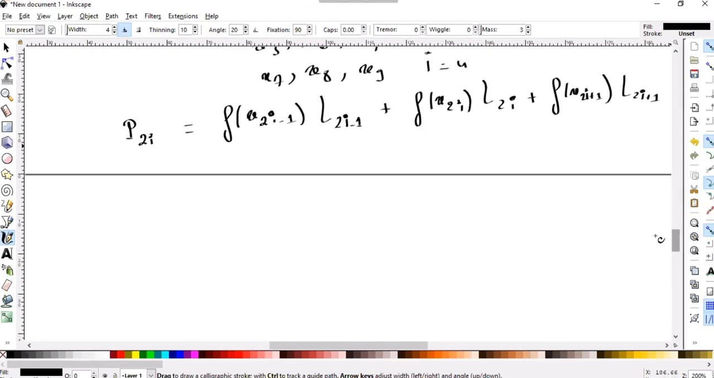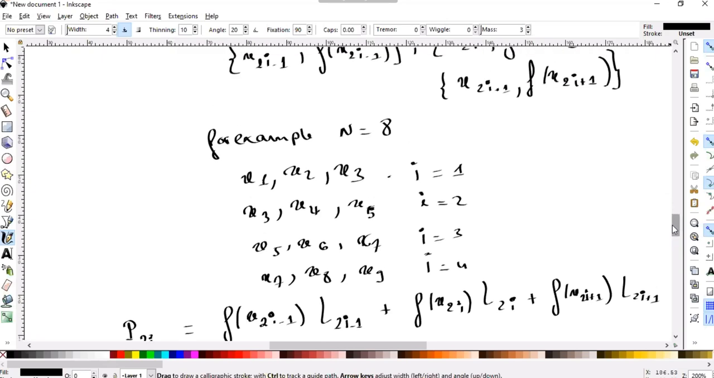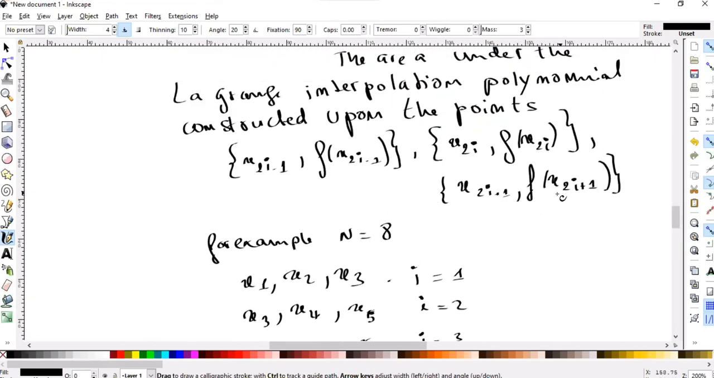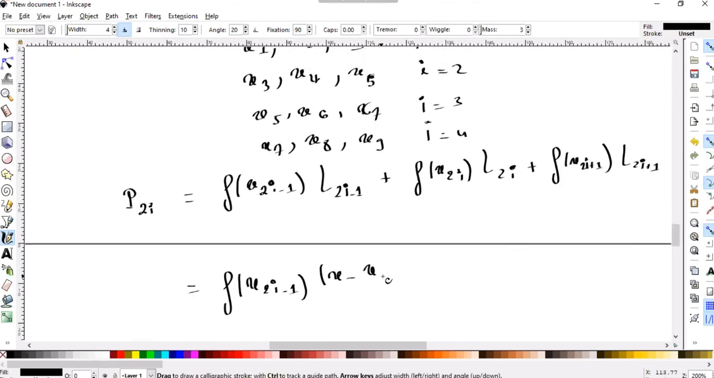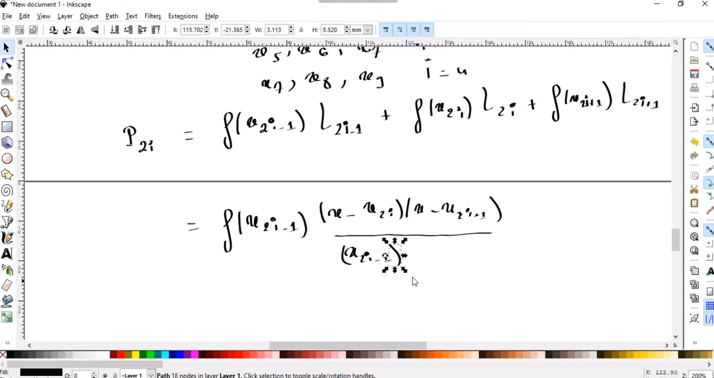So this would give me f of x2i minus 1. Here I will have to take all the possible products: x minus x2i, by x minus x2i plus 1, divided by x2i minus 1, sorry, minus